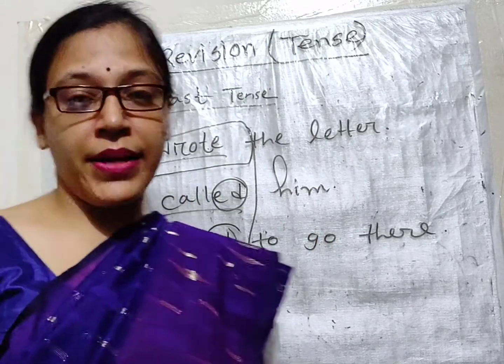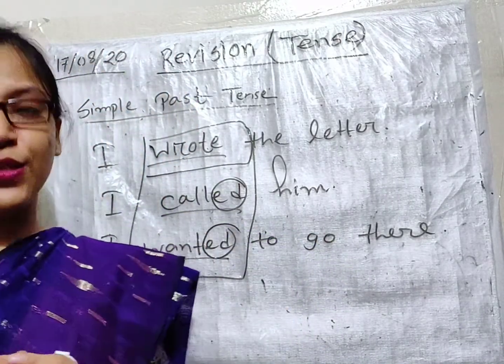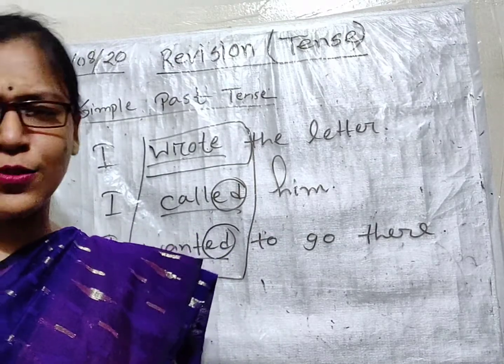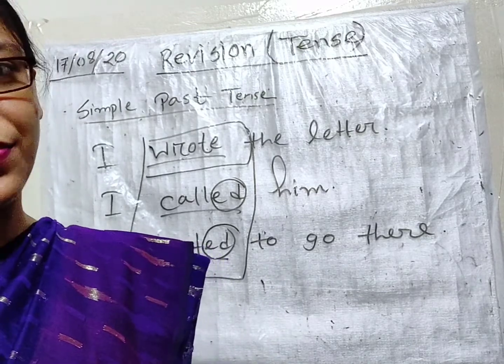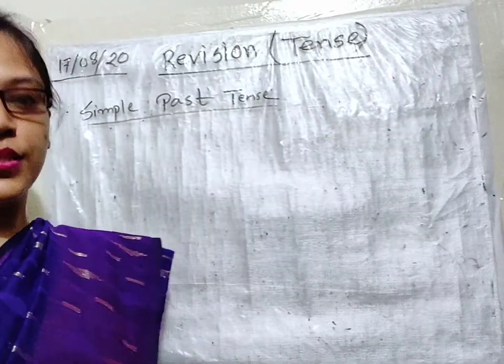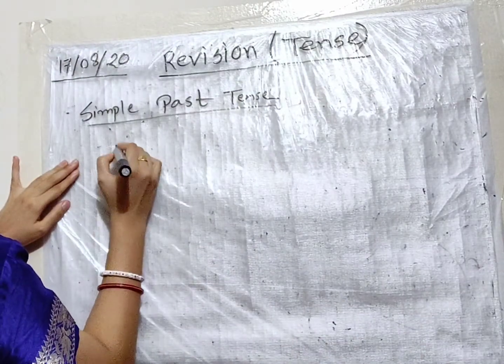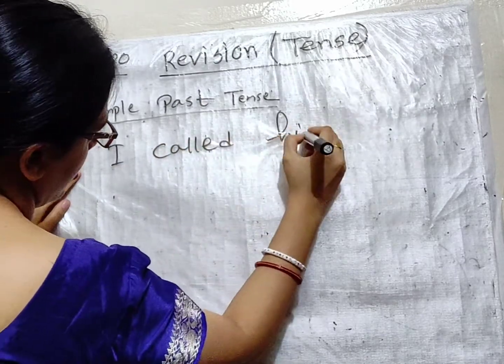There you can get many other exceptions like this. So don't worry. What you have to do is try to remember, try to practice, try to learn this kind of exceptions by your own self. This is very important. So the structure of simple past tense, if the example is I called him, would be